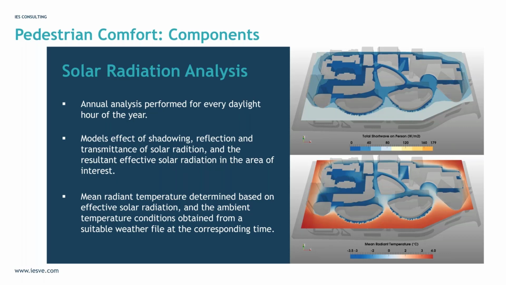Now, this mean radiant temperature is also determined in terms of where the people will be. So it essentially is not just a number calculated on a single plane. It's a spatial average taken from sort of the total height of the person to get a better view of the analysis. The next component in the simulations is the wind component.